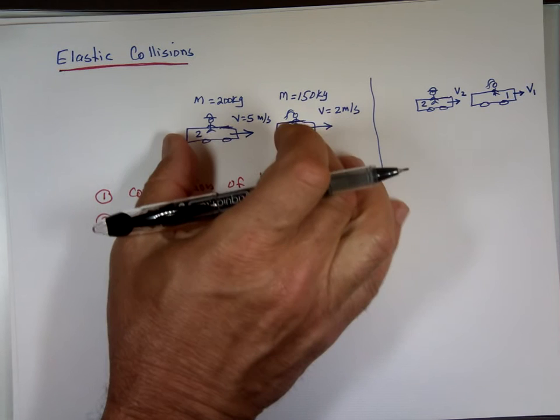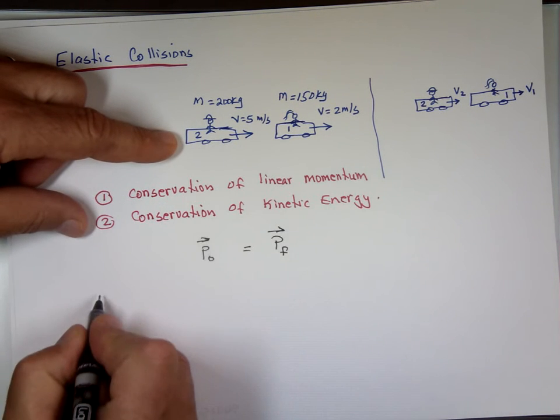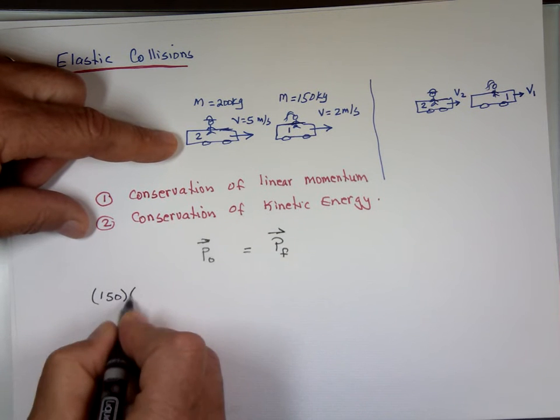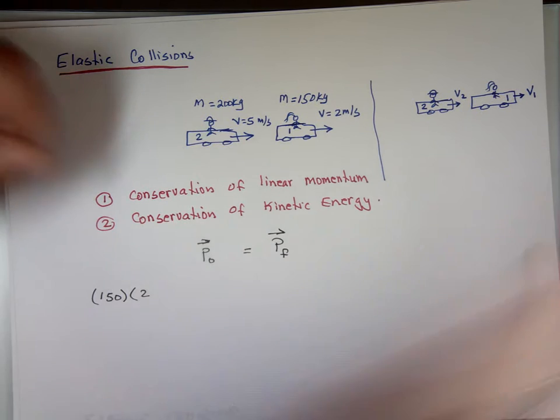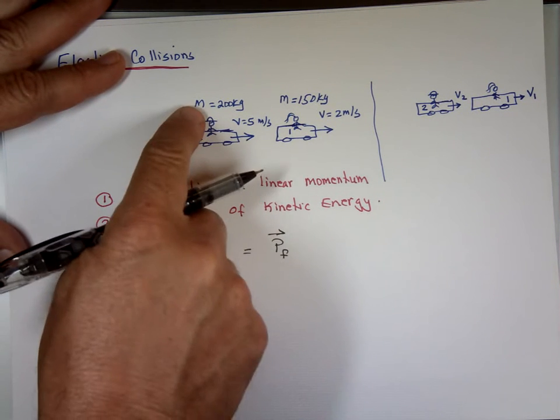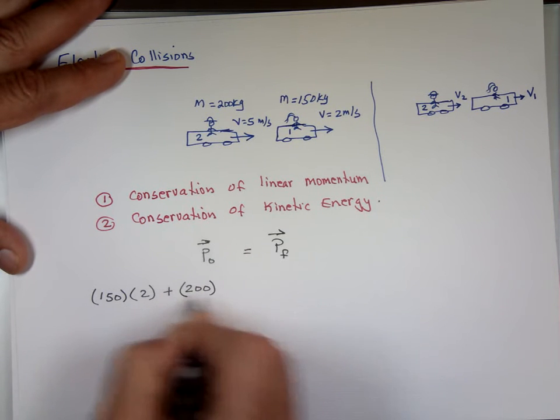It's the mass of the first one, which is 150, times the velocity of the first one, which is 2, I'm using to the right as positive, plus the mass of the second bumper cart, which is 200, times its velocity, which is 5,